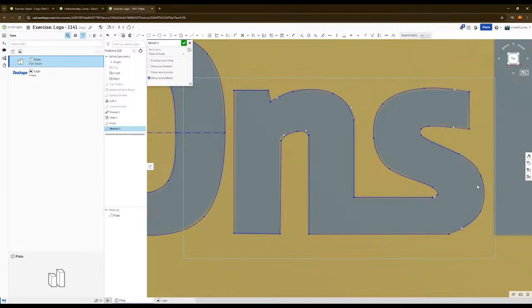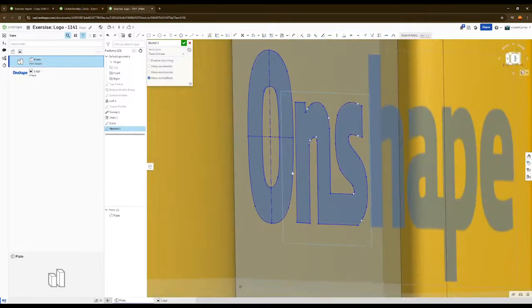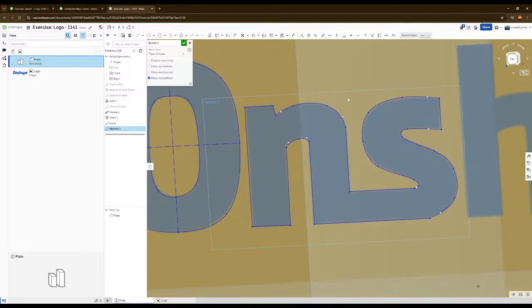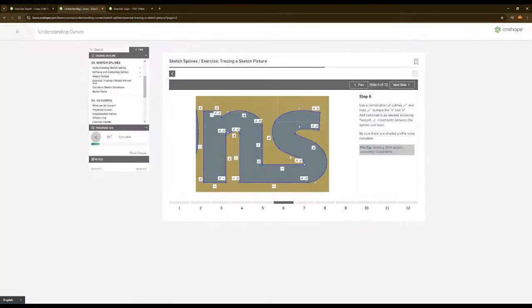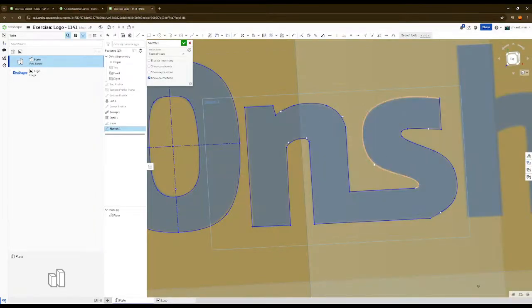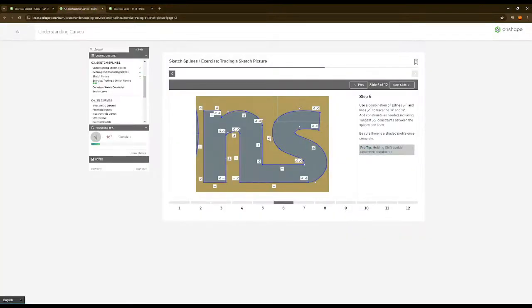I can just do that. I don't feel like I need any constraints. I did a pretty good job drawing this thing. What is this even tangent with?